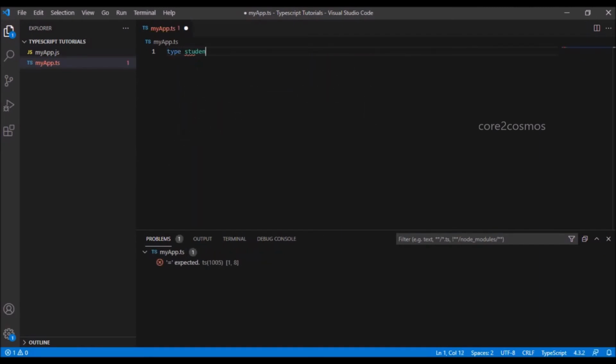Let us see what is exclude and extract utility function in TypeScript.